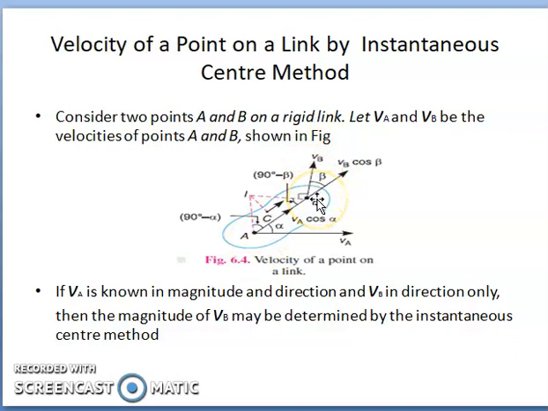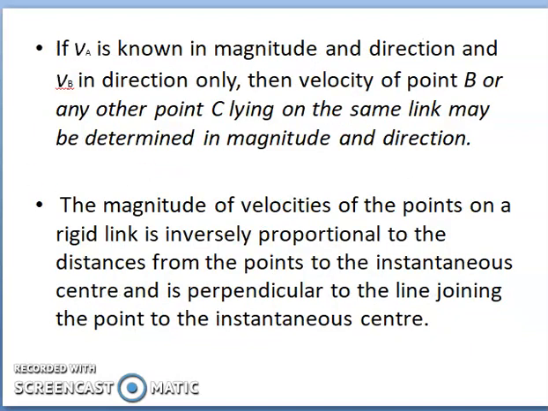Similarly, point B is also going to rotate with respect to the instantaneous center. If to this velocity again you draw a perpendicular, in that line only the instantaneous center is going to lie. So these two lines will intersect, and that point will give the instantaneous center. If you know the direction of the velocity and draw a perpendicular line to it, then on that particular line you can guarantee that the instantaneous center is going to lie.